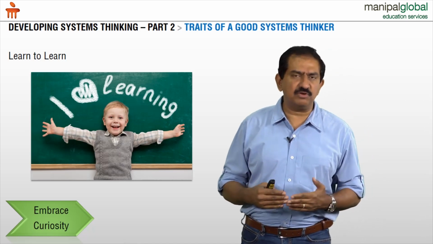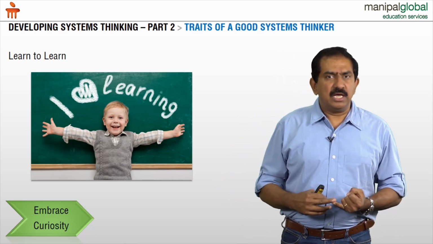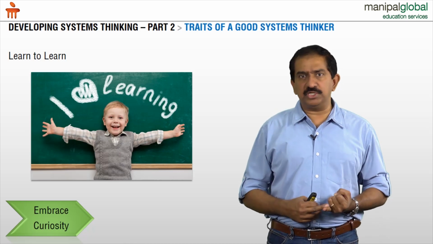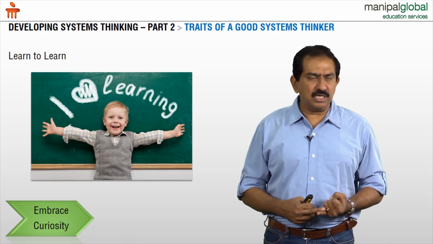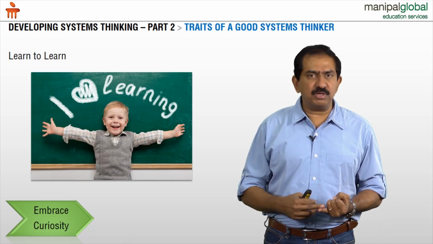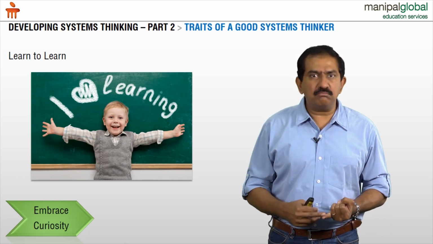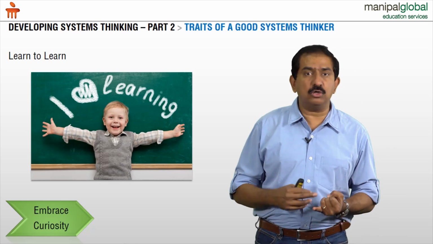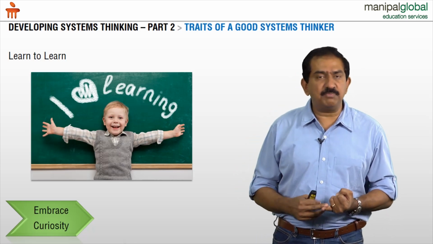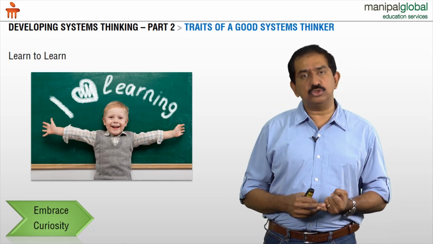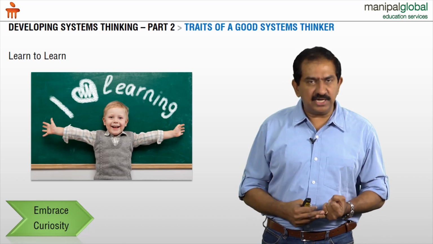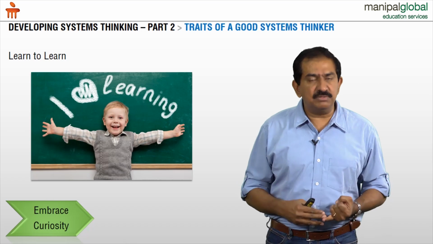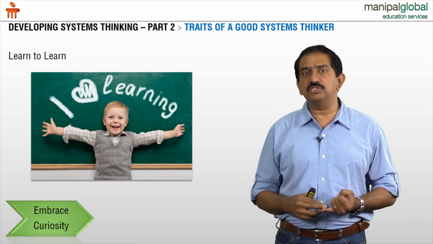Now, where does this come from? Number one, the ability to read on your own and to understand what you read. It's no longer enough just to read a magazine or a newspaper or a couple of articles. One must invest significant time on a daily, ongoing basis to keep up to date with any field of knowledge that you're involved with. So reading and understanding what one reads, building that ability is perhaps the most important trait